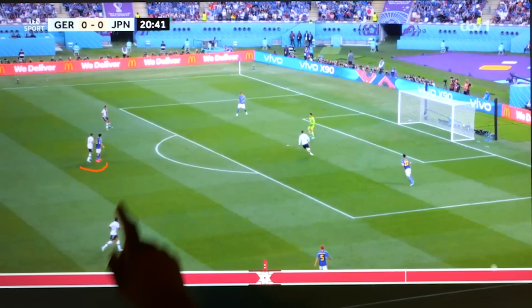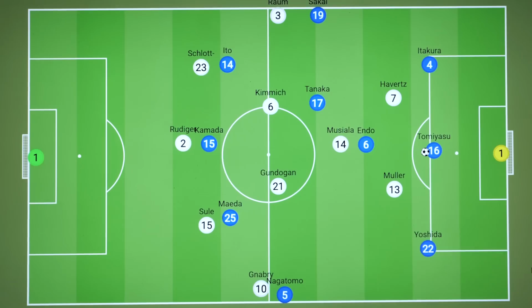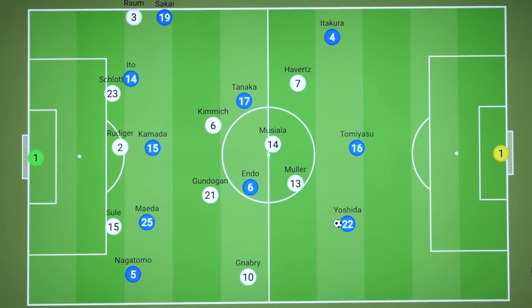Muller looks to tie up a pivot, Musiala and Havertz can press the centre backs, whilst Gnabry then can pick up the wing back. But now, with the back 3, Germany found themselves much more vulnerable in the wide regions, as if a wide centre back was found, the wider man, whether Raum or Gnabry, would have 2 men with whom to contend. In addition, higher up the pitch, Japan also now had a front 5, much like Germany did